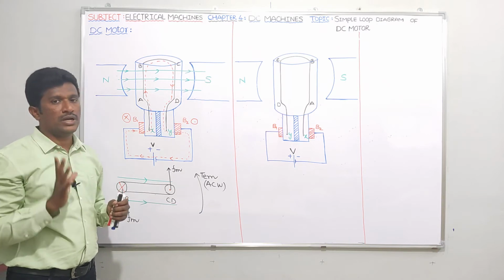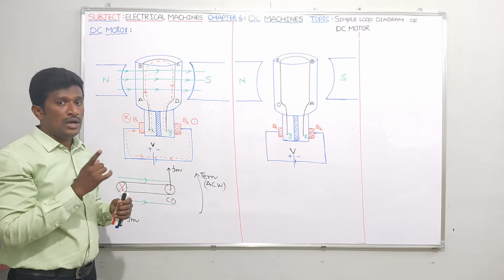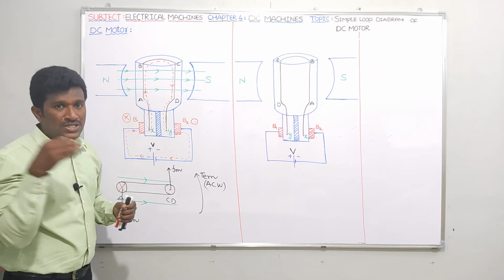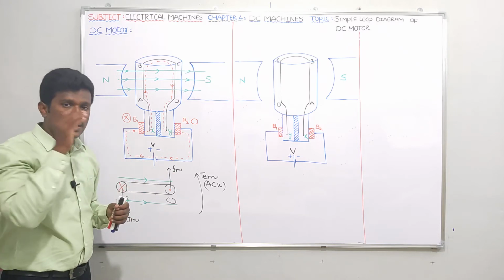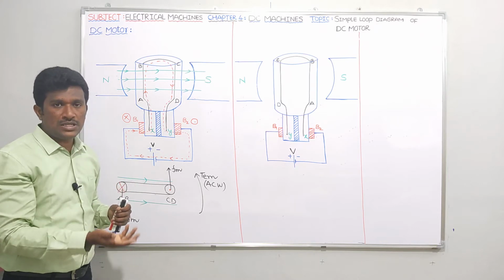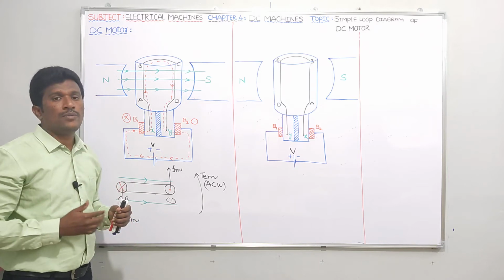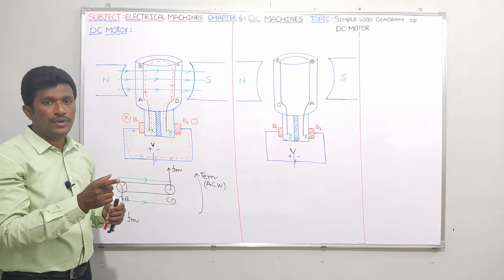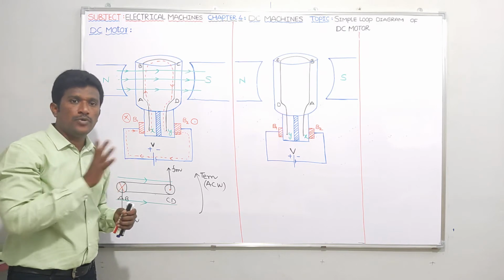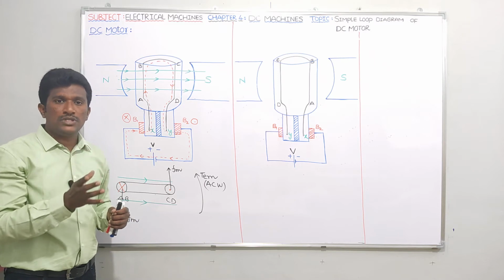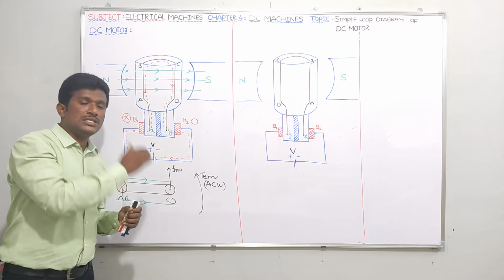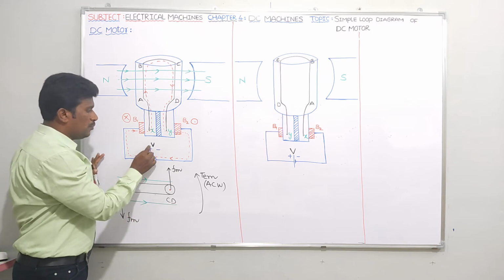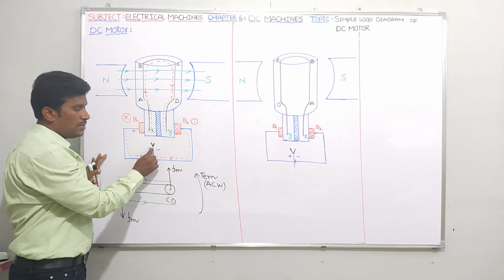These two points are very important, guys. I think I told one point in the previous video. What is that? In a DC generator, what is the input torque? Prime mover torque. In a DC generator, motor action will take place. Because of motor action, electromagnetic torque will come into the picture. The direction of electromagnetic torque and prime mover torque is opposite. Whenever electromagnetic torque opposes prime mover torque, then mechanical energy is converted into electrical energy. Similarly, in a DC motor, this input voltage is V, the DC voltage.